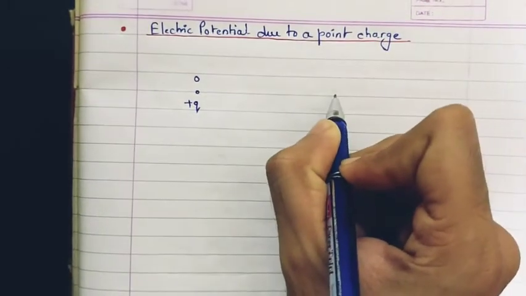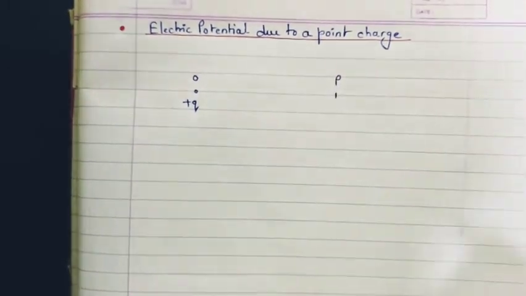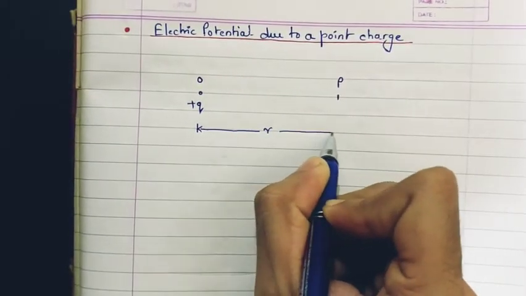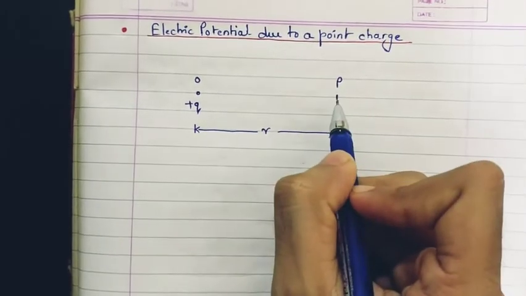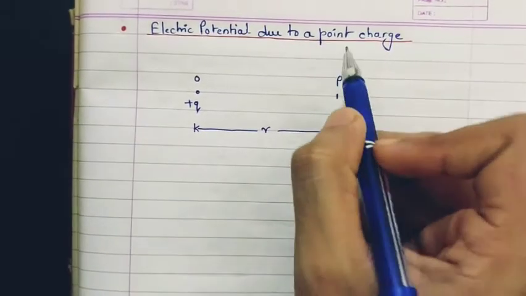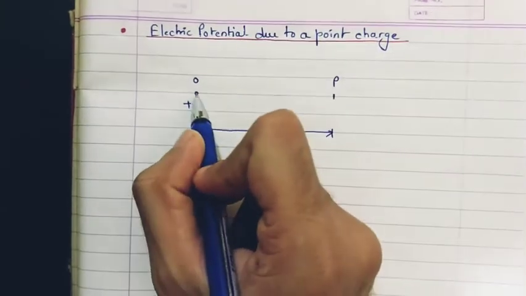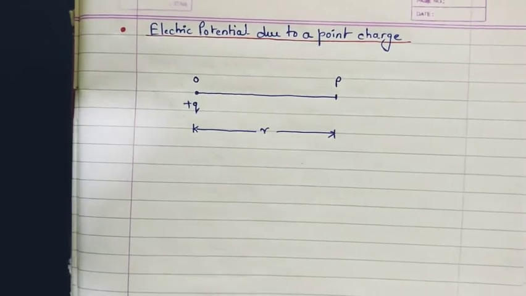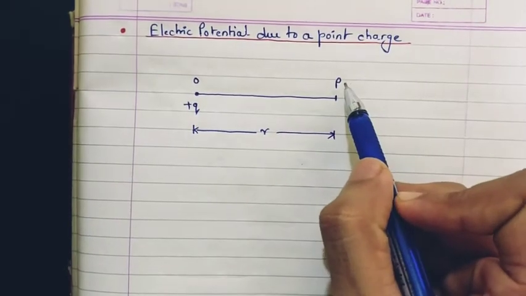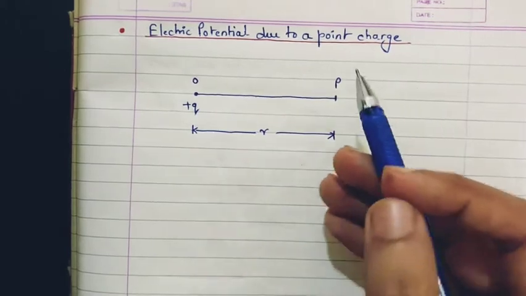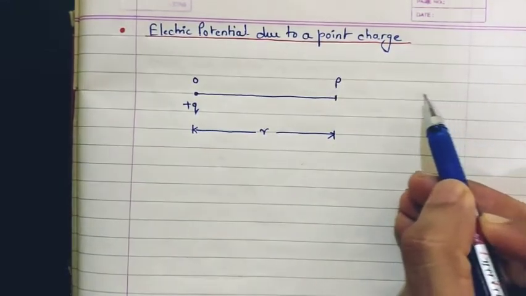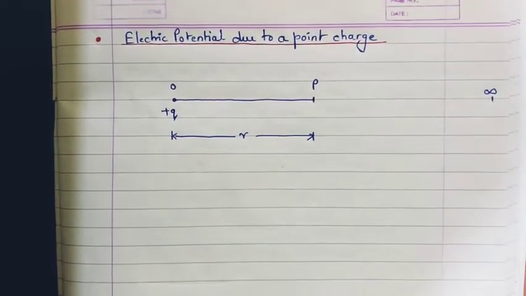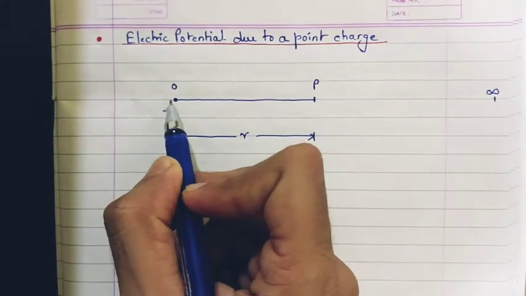I intend to find out an electric potential at point P, let's say, which is at a distance of R from this positive charge Q. So this is point P, that is my observation point at which I'm going to find out electric potential, which is at a distance of R from the charge which is producing the potential. Okay. So now what is electric potential? Electric potential is the amount of work done in getting a unit positive charge right from infinity to that point. So let's say that this is an infinity point over here, at a distance of infinity from the origin.